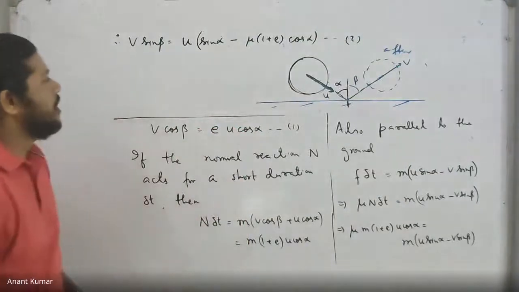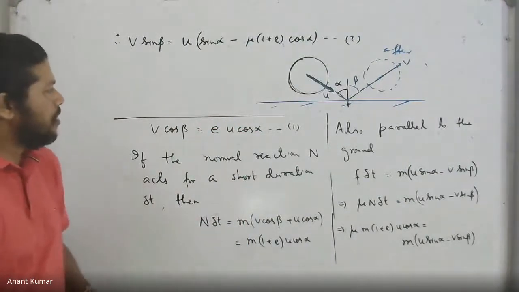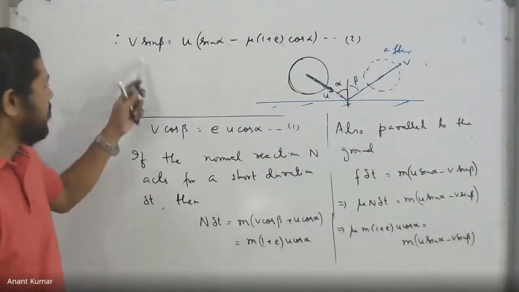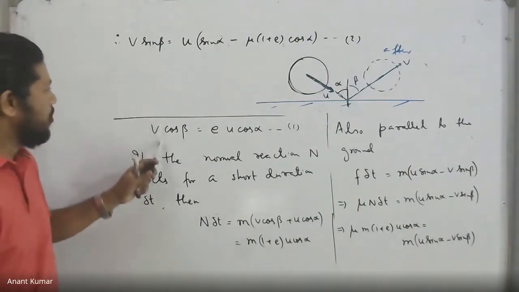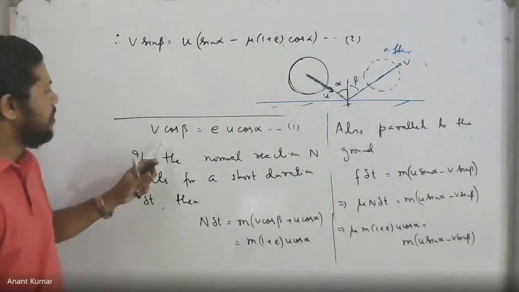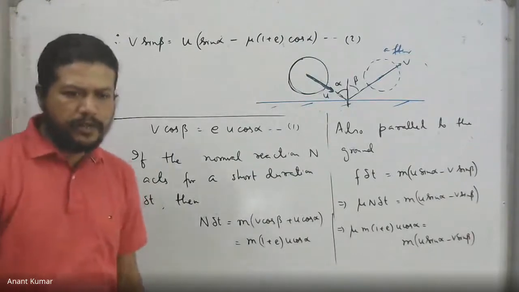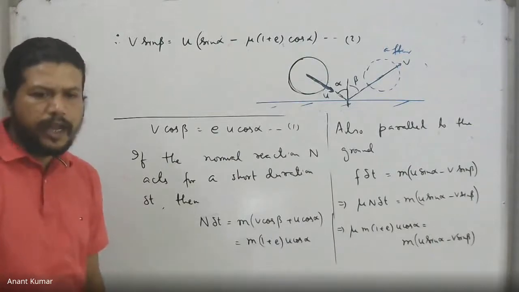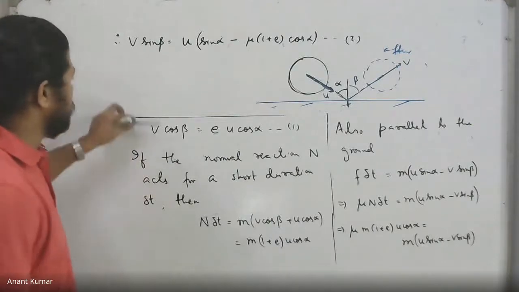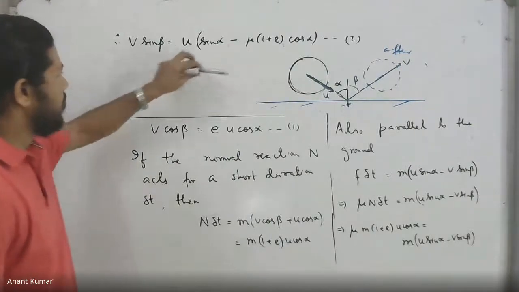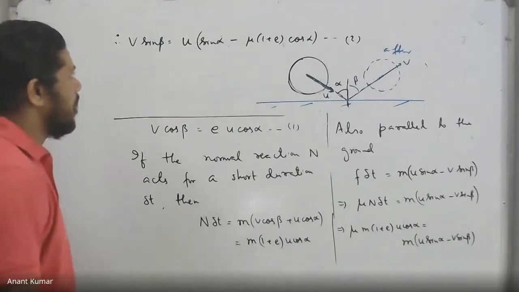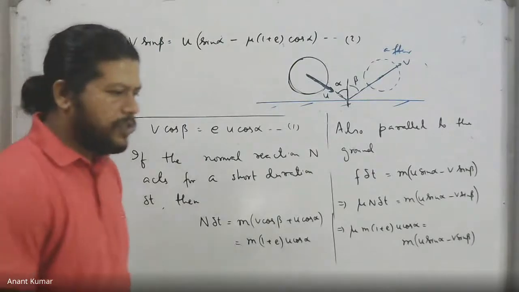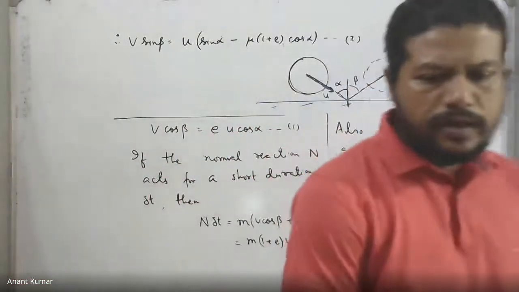Obviously we can solve for v and the angle as well. We can square these two equations and add them up, and upon doing so I'll be able to find v, the speed. If I divide them, I can get the angle as well. Dividing these two equations, I get tan beta equal to a certain expression which relates alpha and the other parameters. In this case, obviously the angle will be difficult to calculate.